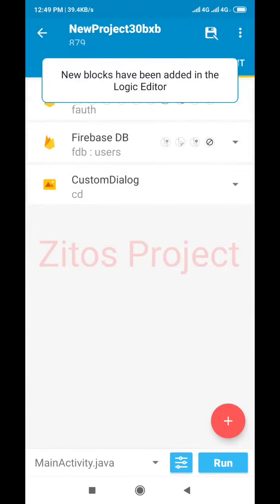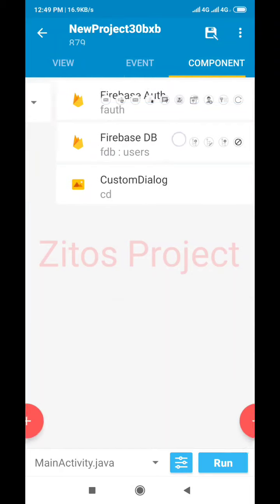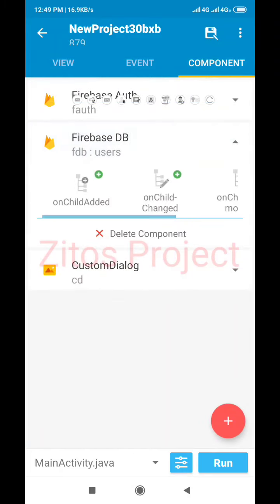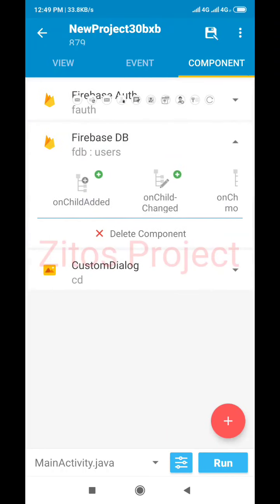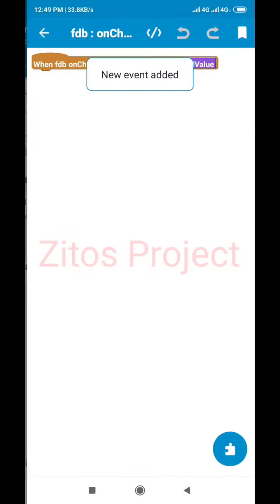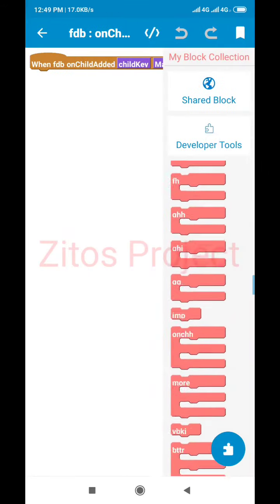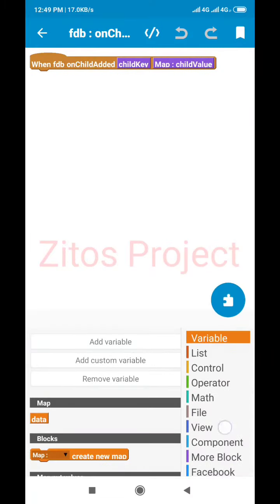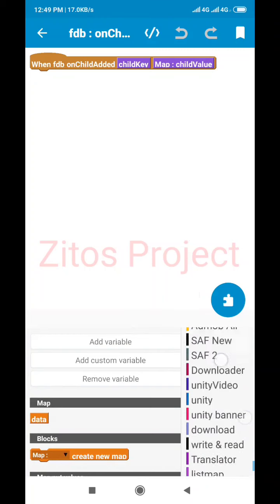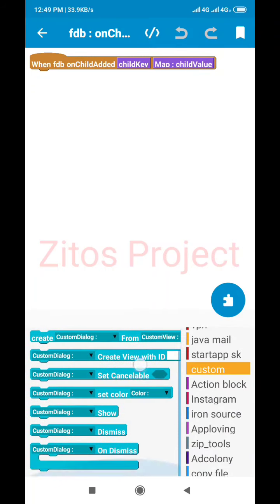So once we are done with that, we'll open our Firebase account. This is our Firebase database. We're going to open it. So we're going to be going to on child added. Okay, once you click on child added, we're going to be using this block here, this custom block here. Created by Arabware himself. So if you don't have this custom block,